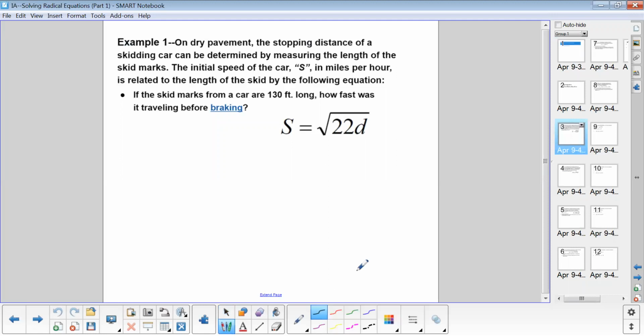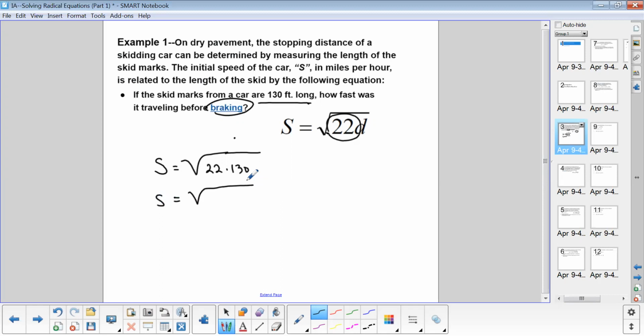is a formula that represents braking speed. And so if speed equals the square root of 22 times d, 22 being I believe a friction coefficient that's part of this formula. So we're saying if we know distance, which is 130 feet, that's how far the skid mark would be. And we're going to take 22 and multiply it by 130. That would give us a radicand